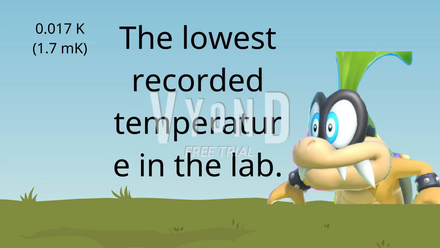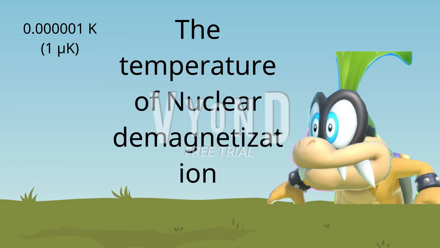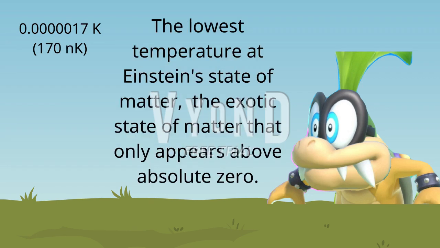The lowest recorded temperature in the lab is 1.7 thousandths of a Kelvin, that's 1.7 millikelvins. The limit temperature of laser cooling is 10 thousandths of a Kelvin, that's 100 microkelvins. The temperature of nuclear demagnetization is 1 millionth of a Kelvin, that's 1 microkelvin. The lowest temperature at Einstein's state of matter is 17 millionths of a Kelvin, that's 170 nanokelvins, the exotic state